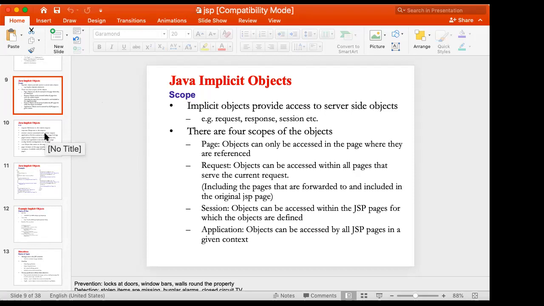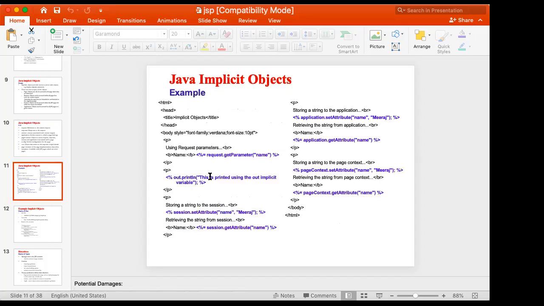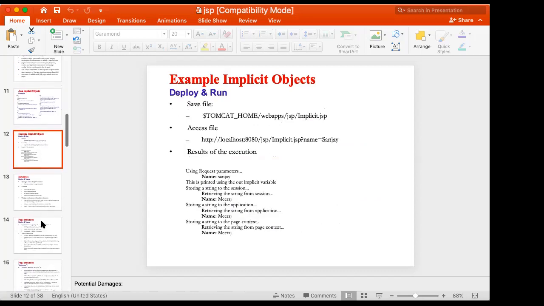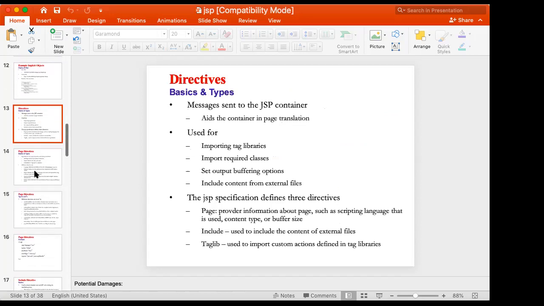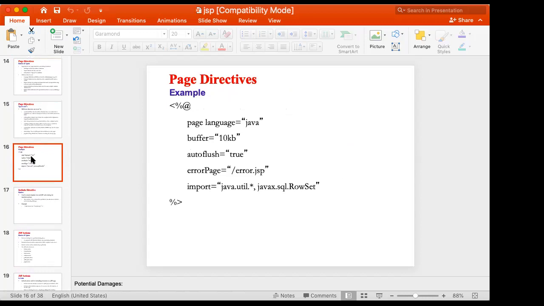We will do that next week. So just to finish up here on the PowerPoint, the Java implicit objects, and if you go through some of the other things, you'll look at the response and the request that happens. And then you'll see some Java code in the JSP code in the example here, and the deployment and the run. Okay, so this is a bit tedious and kind of long and drawn out, so I will leave this